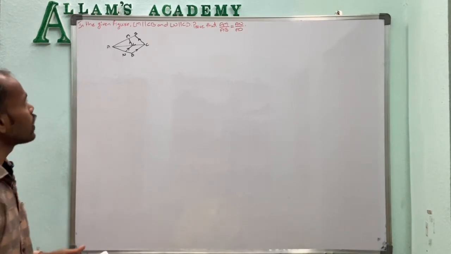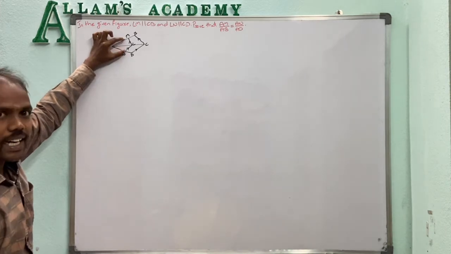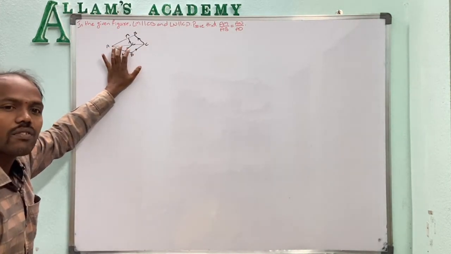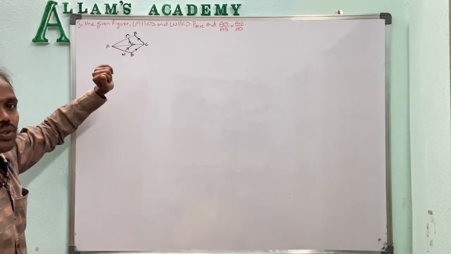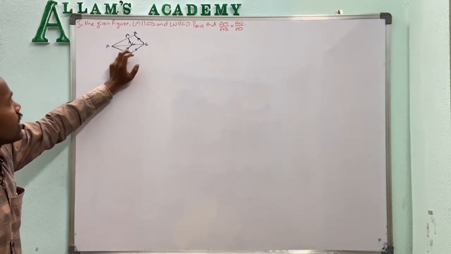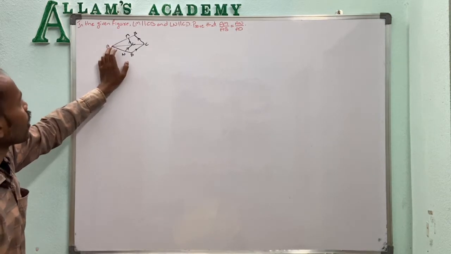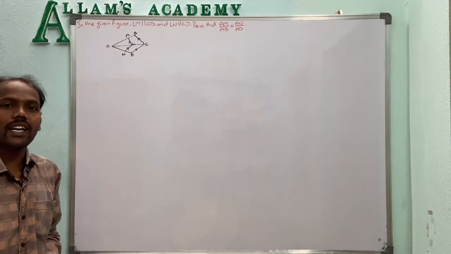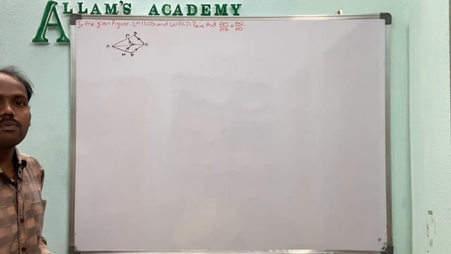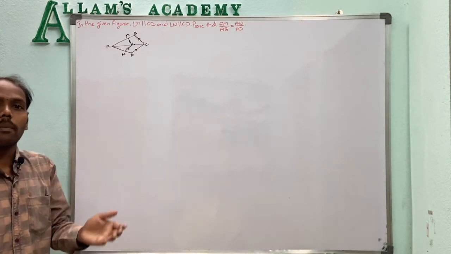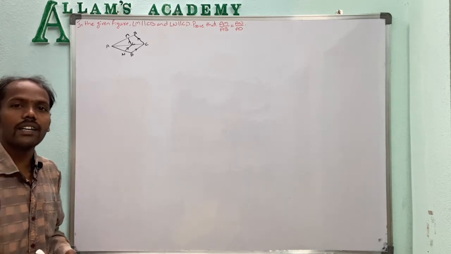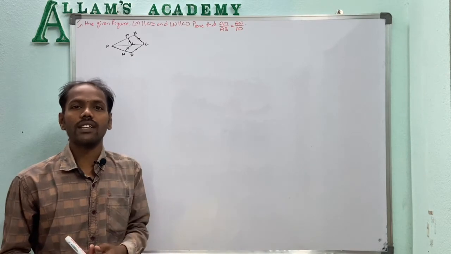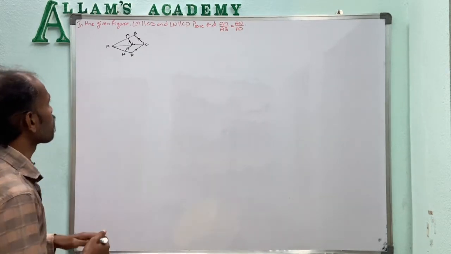For proving that, this diagram looks like a quadrilateral. So we split this quadrilateral into two triangles if we take AC as a diagonal. Now ABC is one triangle and ADC is another triangle. We know the basic proportionality theorem and the converse of the basic proportionality theorem, so by using those theorems we solve this problem.